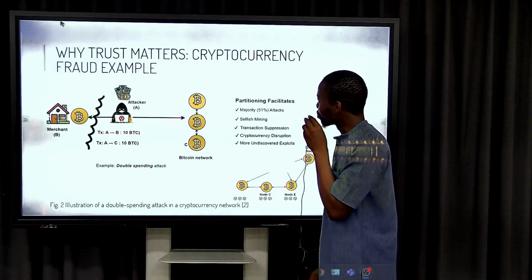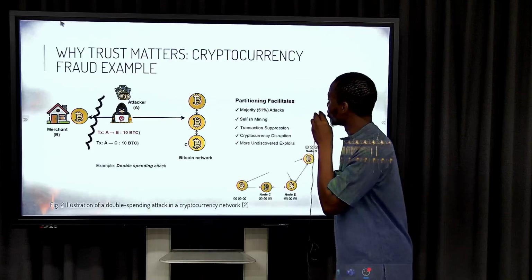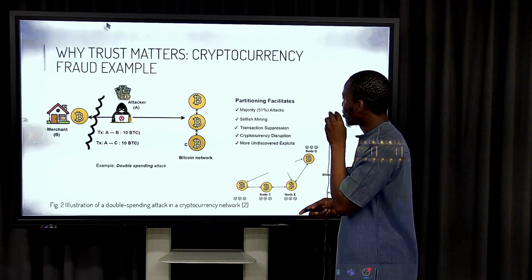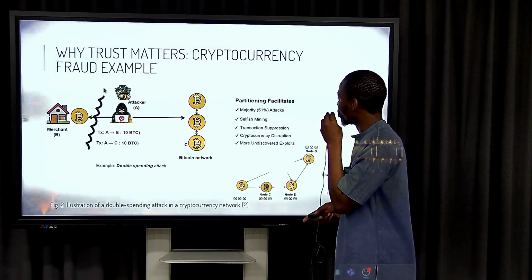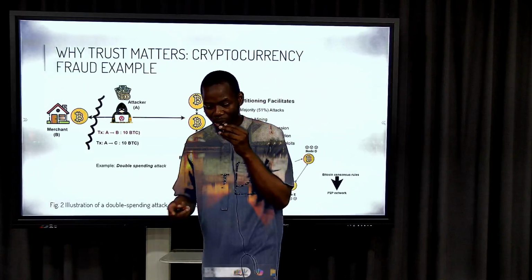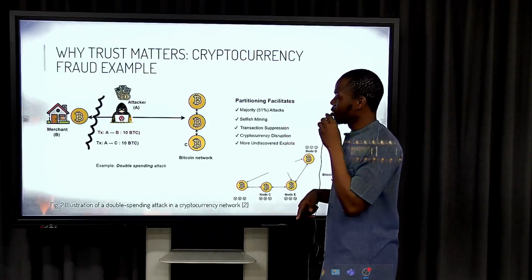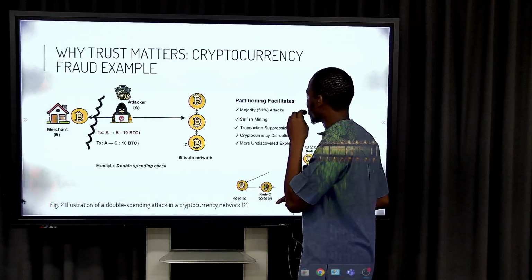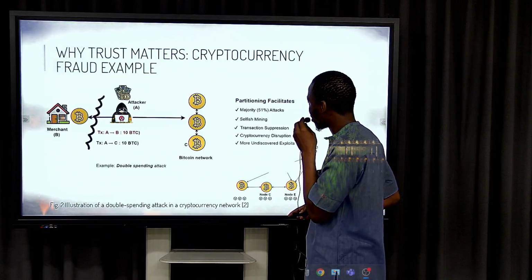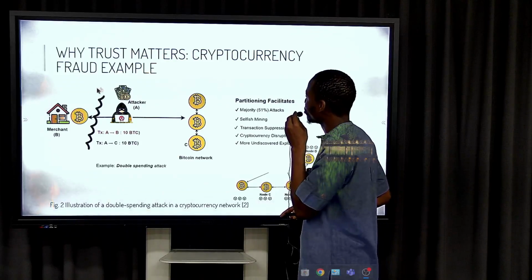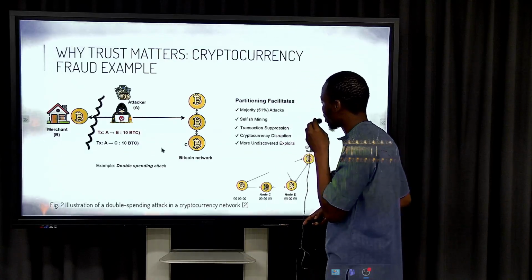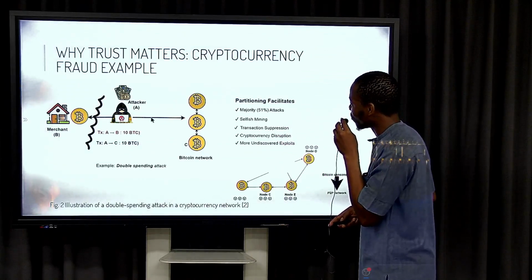Why do we need to trust? Trust matters a lot in blockchain because blockchain is just the parent body that comprises Bitcoin and other cryptocurrencies. It can be used for different approaches. Maybe you want to work with health data, education data, security data, and so on. If you look at this example, this is an attacker. This attacker is trying to send a transaction, that is, do a double spending attack. He's trying to share one transaction for many